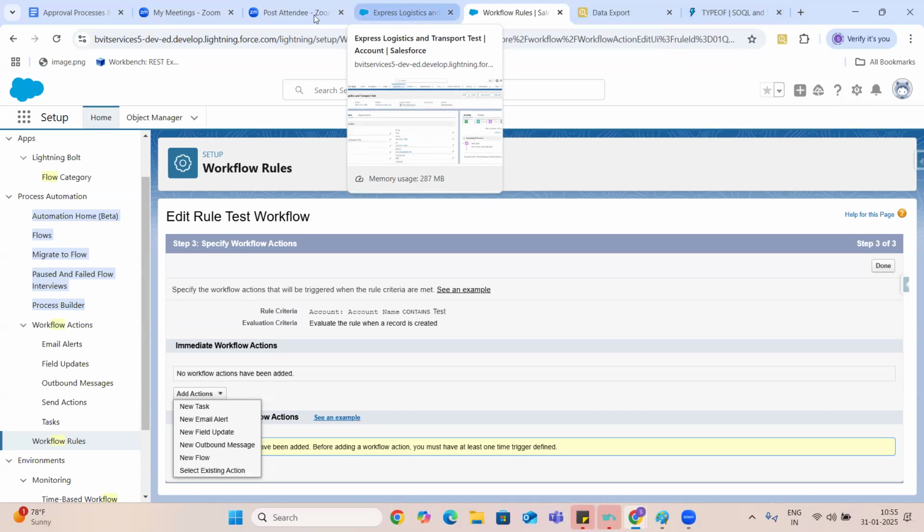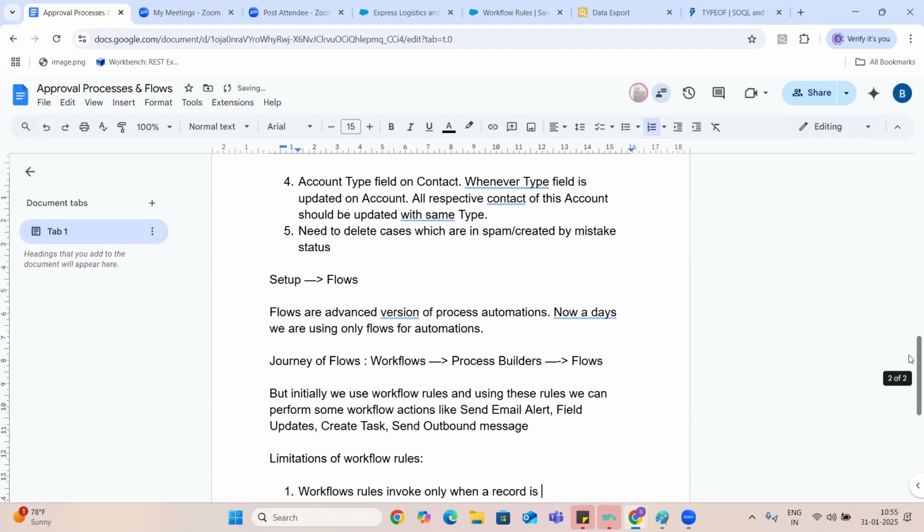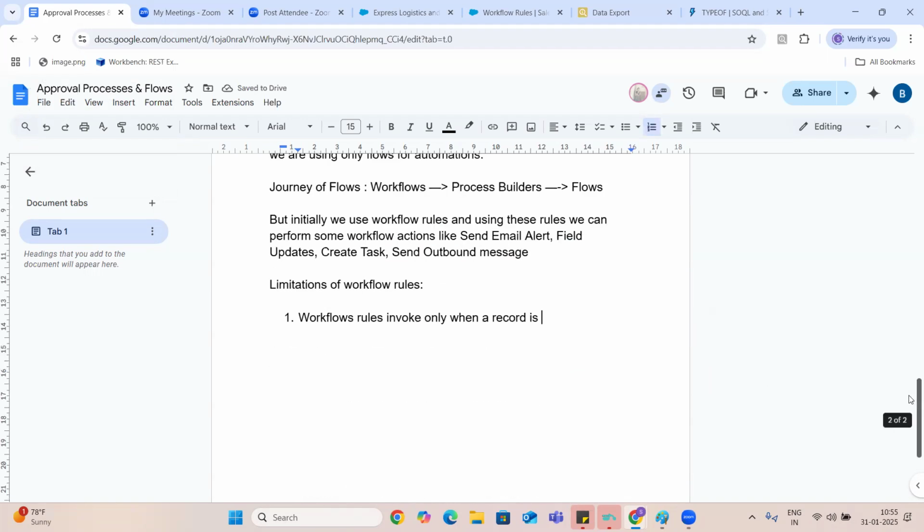Among our above five scenarios, the limitation is that workflow rules are invoked only when a record is created or edited, or subsequently criteria met.